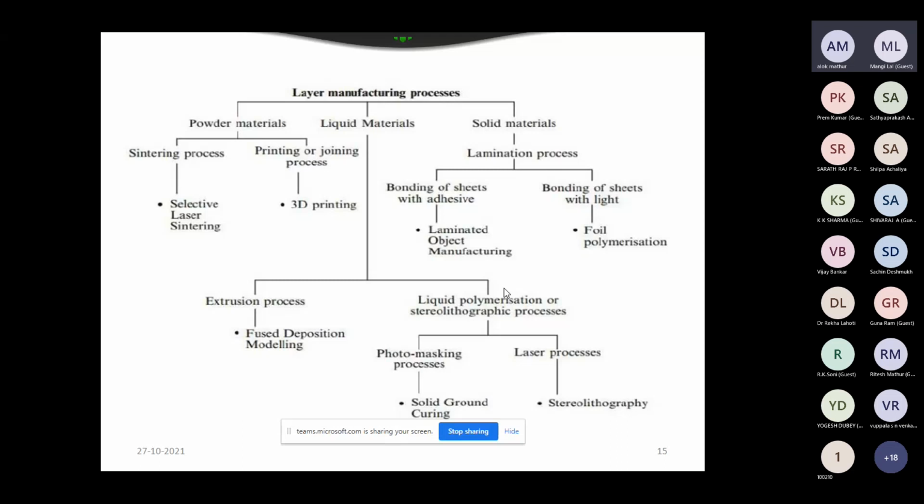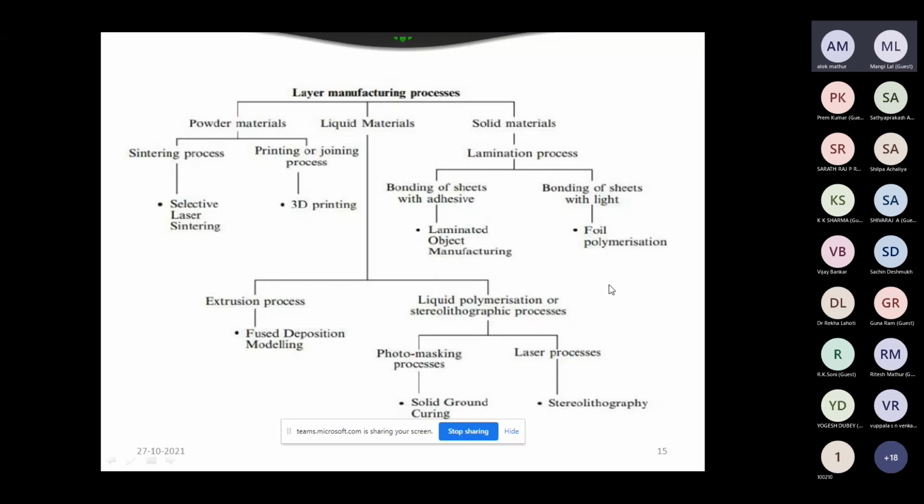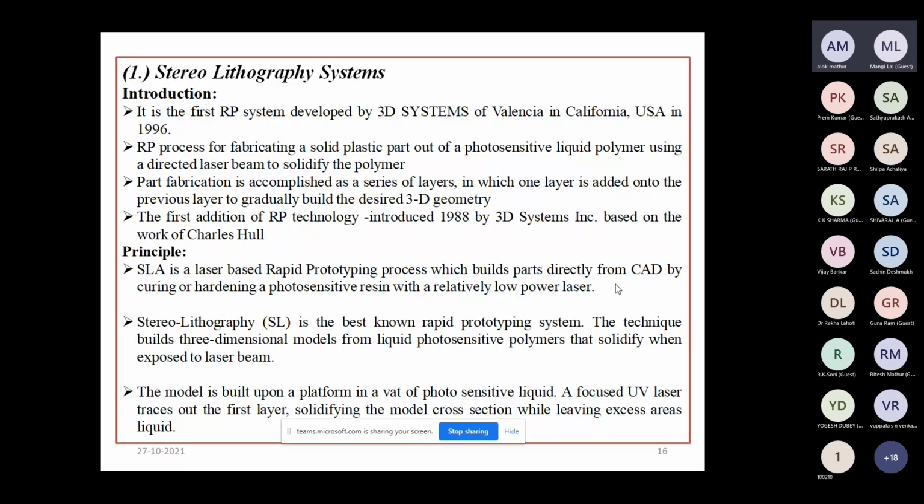But we will discuss some of the frequently used techniques in this part of the lecture, one by one and briefly, because these techniques are very wide and have many process parameters, but we don't go into depth. We will just discuss the basic fundamental principle of each technique.